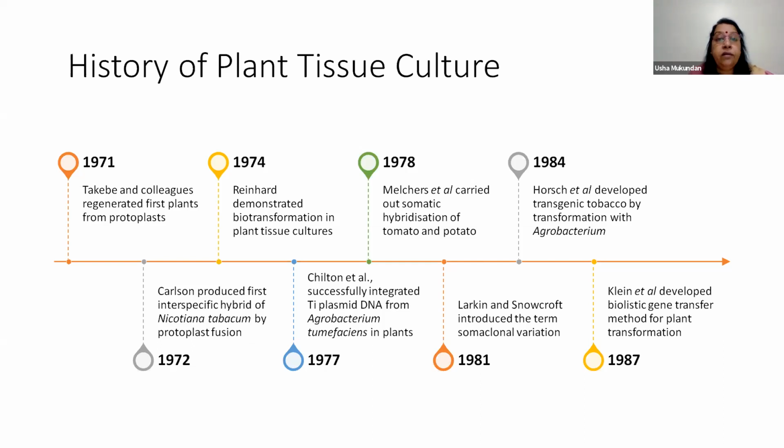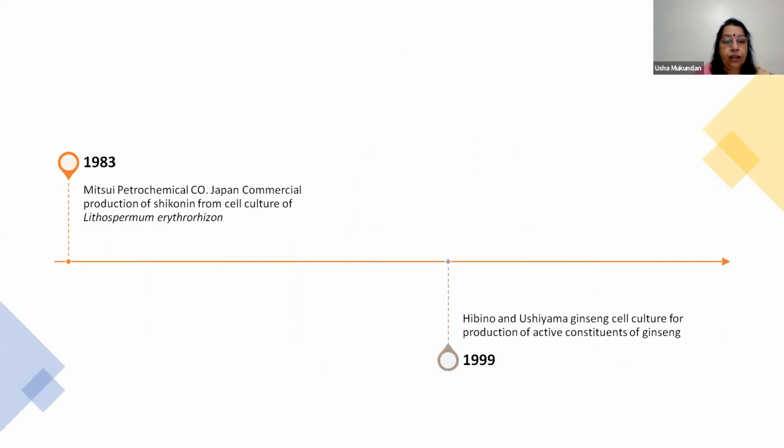There are two methods of gene transfer. One is artificial, the other one is natural. Agrobacterium is a natural method of gene transfer, and artificial methods are direct DNA uptake or liposome mediated. But you know that the most prevalent one is using a particle gun transformation, or ballistic gene gun, or ballistic gene transfer method. And this was done by Klein and his colleagues in 1987.